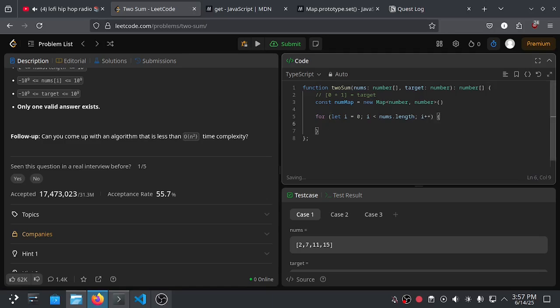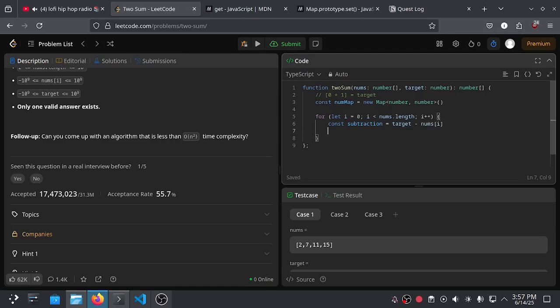And then we can declare a constant called subtraction, or complement, or anything you like, and we calculate the target minus the current iteration, which is nums at index i.